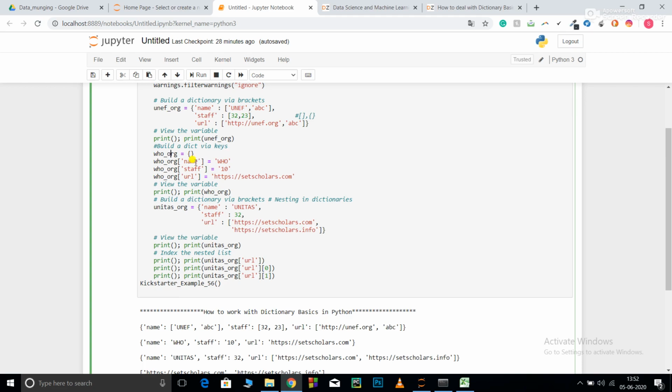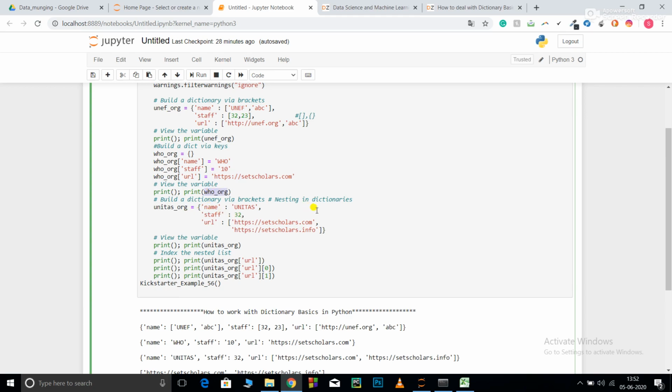These are known as keys, and these are the values of the keys. My first key is name, my second key is staff, and my third key is url. Here I'm storing just one value each. After that I'm printing my who_org.